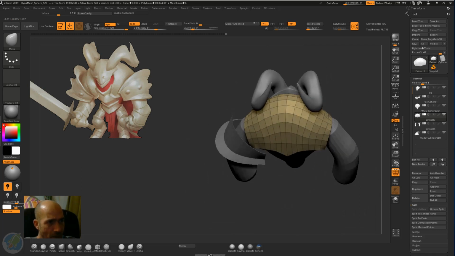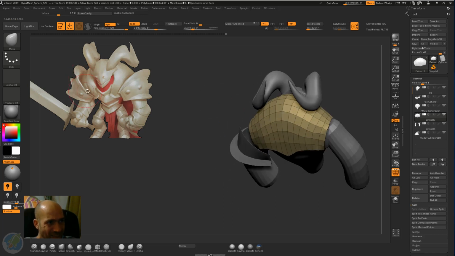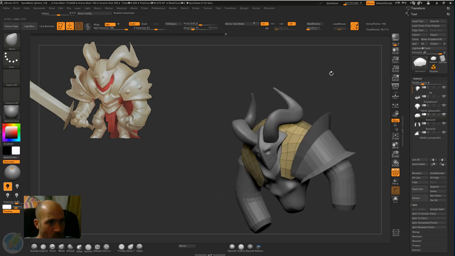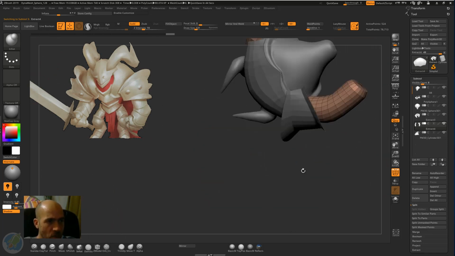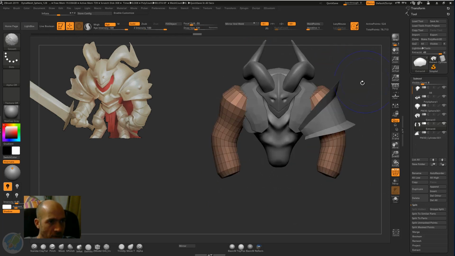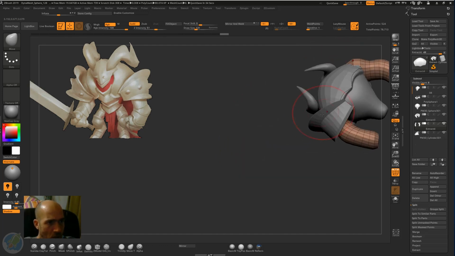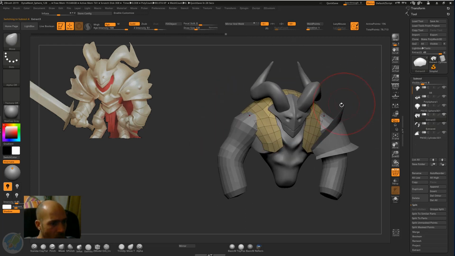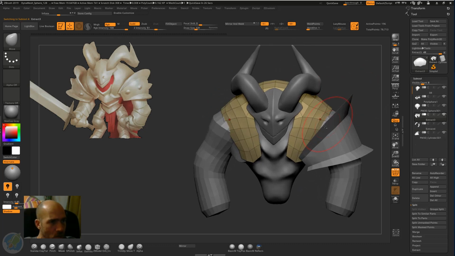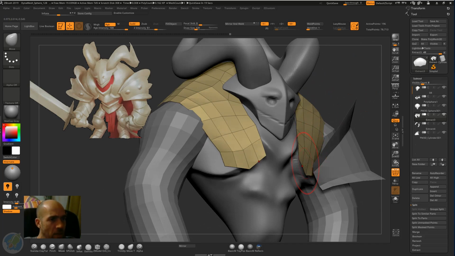When we look from this direction, it will be a little bit awkward, because you see here it's not quite understandable what is there. But we can go to the hand, press our 6 button, which is the inflate brush, or select it from here, but it will be easier with the shortcuts, of course, and just inflate this, then go to our move brush with 4, move around and just make sure it's going inwards, and then I will increase this. Of course, we can always adjust, it doesn't matter, but the thickness I will make in the next video,